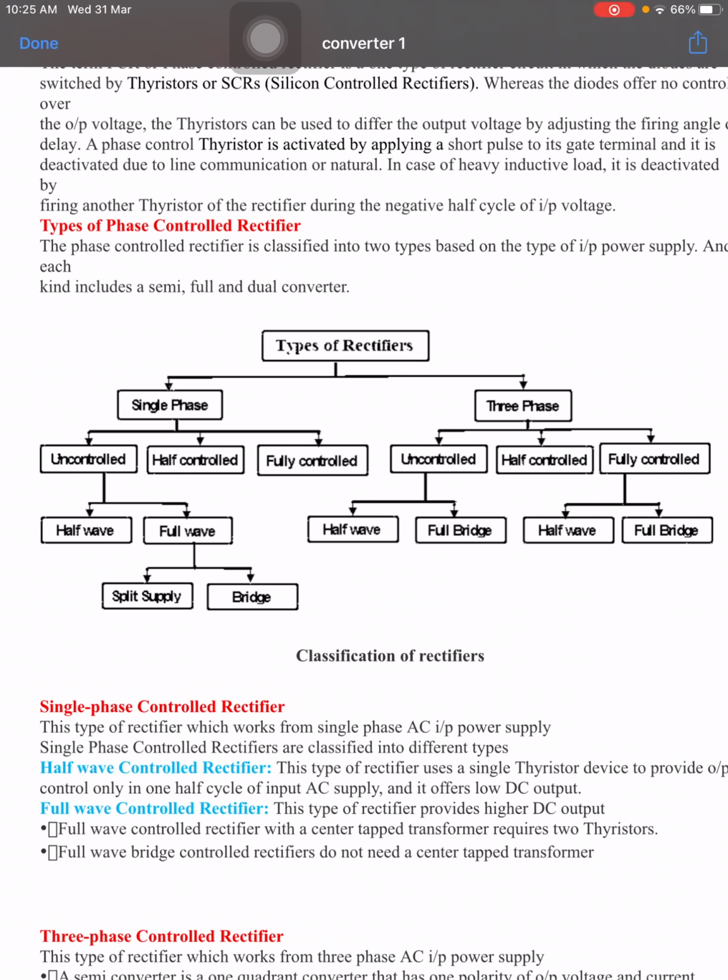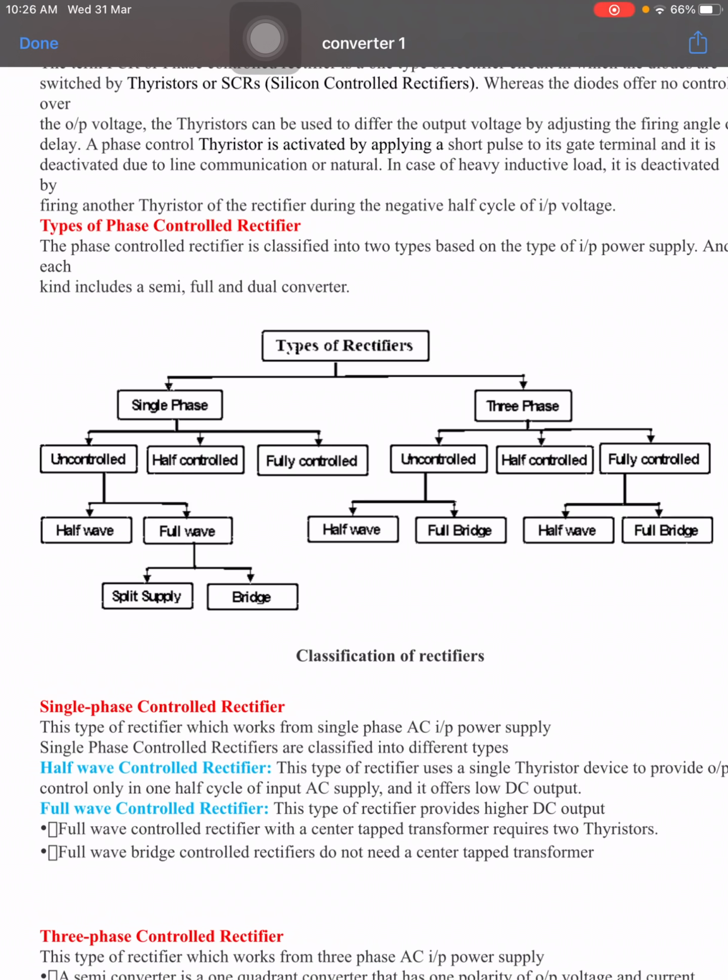Similarly, when we take a three phase rectifier with a bridge connection, the three phase supply will use six thyristors. That means at a time three thyristors should be turned on and the remaining three should be in the turned off condition. So which thyristor should be turned on? Obviously, when you are applying positive voltage to the anode or negative voltage to the cathode. Positive-positive, negative-negative is the forward biased condition. Positive-negative, negative-positive is the reverse biased condition.